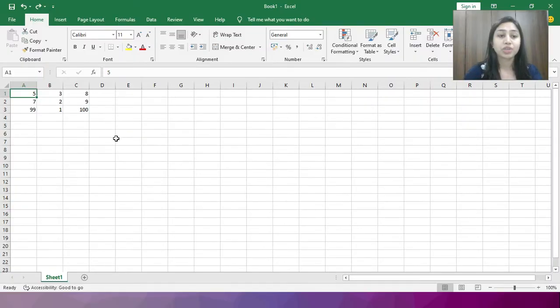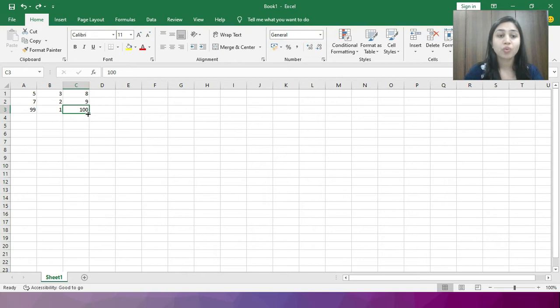For example, in the C3 cell, the number 100 is written and I want this number till C11. Is it possible to write the number in every cell every time? No, right? So for that, we have to use the autofill option. Select that cell which you want to copy to the other cells. When you move your mouse on that active cell, you will get this type of plus sign, that is called the fill handle.